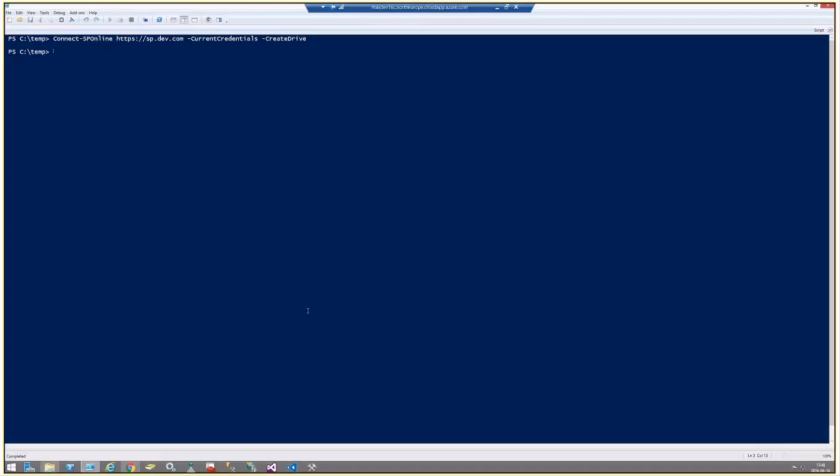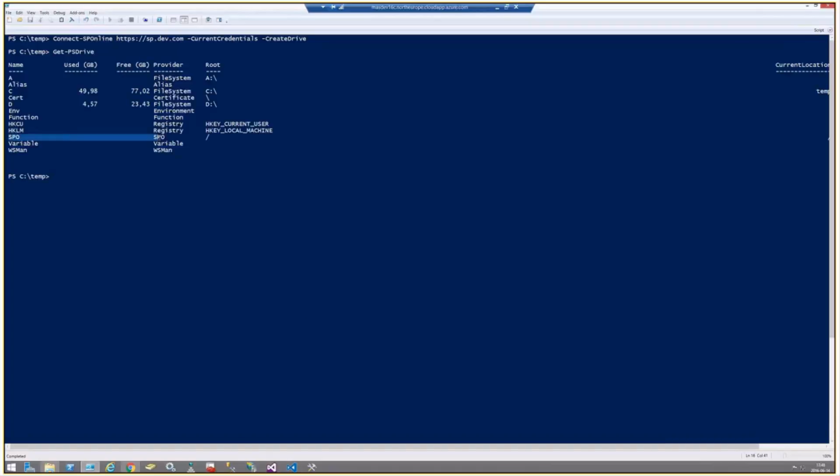You can also use the New-PSDrive or Remove-PSDrive directly if you want more control of the drive creation process. You can see the drives here, and here I have the SPO drive. Now let's navigate to our drive. I'm going to type this, and you see I use Set-Location here for clarity, but normally I use alias for most commandlets. Let's have a look in our root folder here,